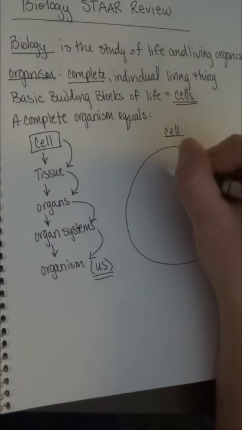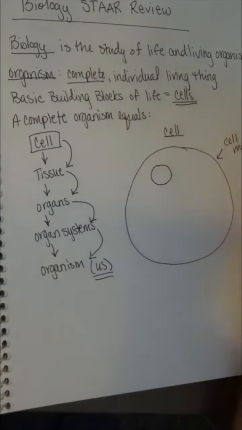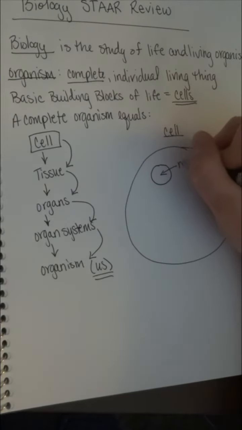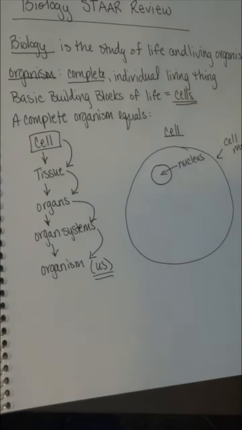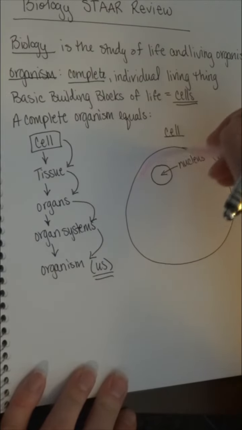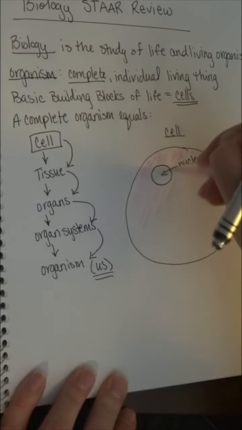Now within my cell is another part, and this is my nucleus. And my nucleus is the brain of the cell. It's going to tell my cell what needs to happen, what needs to be done, and all that. Within my cell, I also have all this stuff on the inside. I'm going to draw it. Hopefully this pen works. There we go. So all this